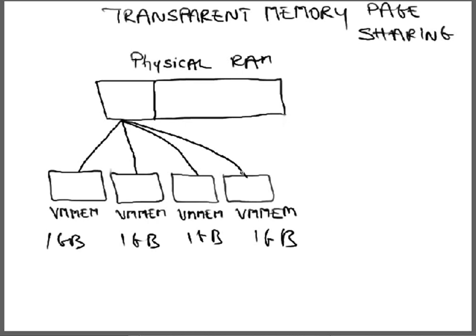Now, what the VM kernel does is it detects when these virtual machines have identical memory pages. So let's say you have 4 Windows 2000 boxes here, and those 4 Windows 2000 boxes have identical memory that they're using in order to function properly. So what the transparent memory page sharing does is, instead of allocating a chunk of the physical RAM to all of these virtual machines,